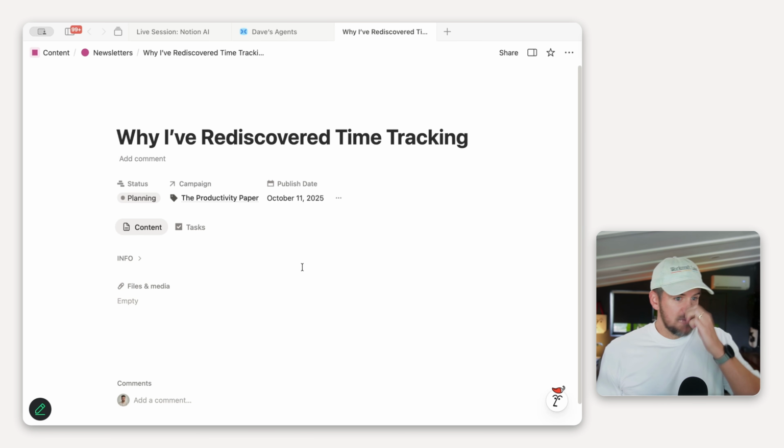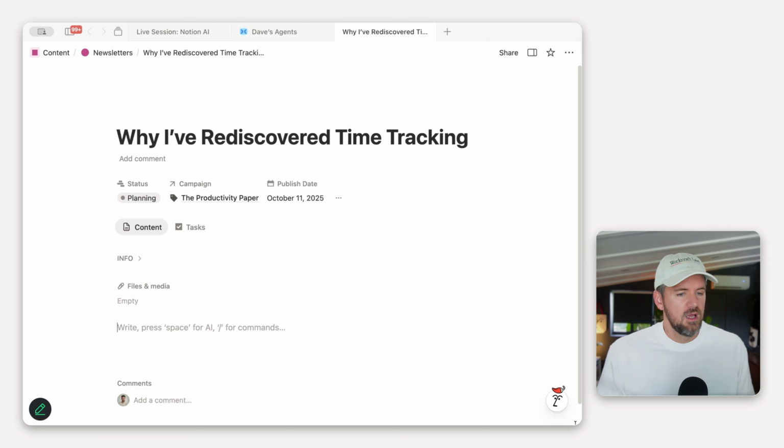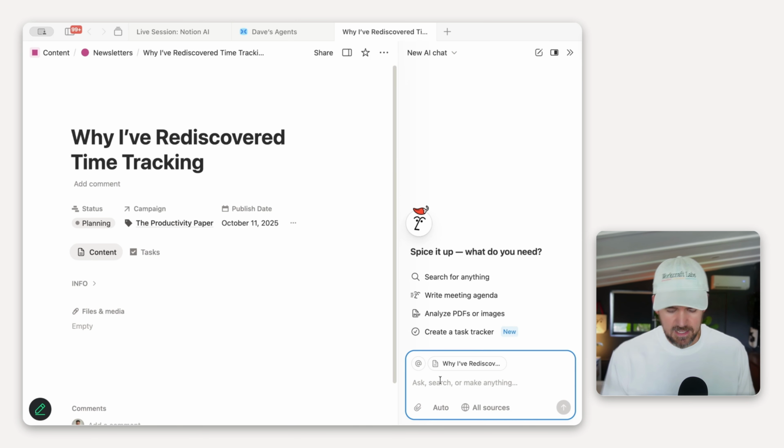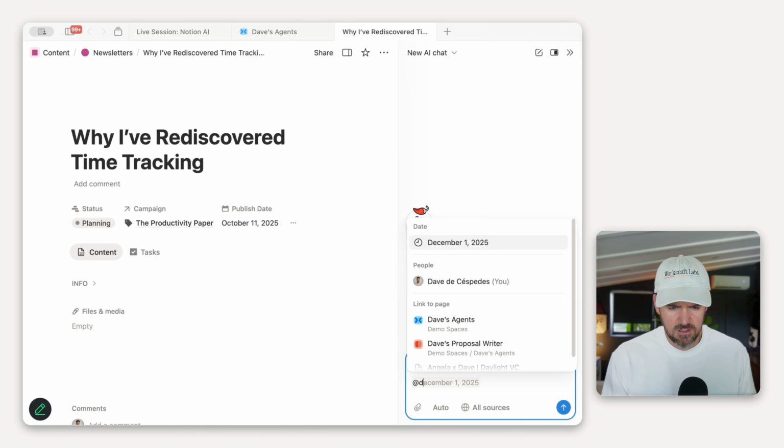This one is actually something I'm curious about. I think with the added functionality of agents and Notion AI, I have started time tracking again and want to write a little bit about the experience of what's worked with time tracking, why time track as a consultant when I'm not billing hourly. We're going to see how this works, and I'm going to add the